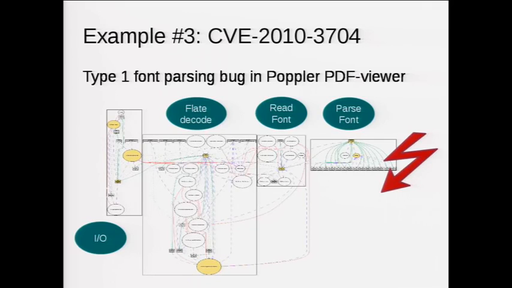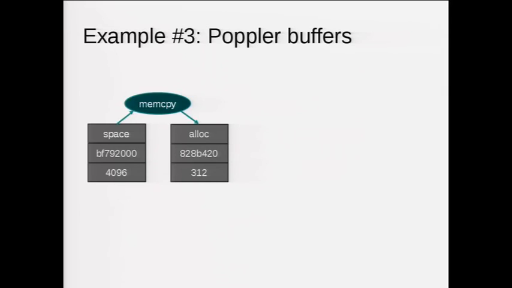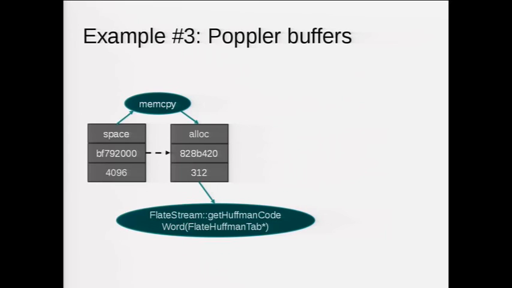But how do you generate such an input? How can you actually produce that? And we ran our magic Python script on the trace we collected and split the symbolic execution along these paths and came up with a set of several symbolic execution processing steps to produce that image. First, it's the memcpy that copies from buffer A to buffer B, from the input buffer to the parsing buffer. Then we are able to decode the FLATE encoding.